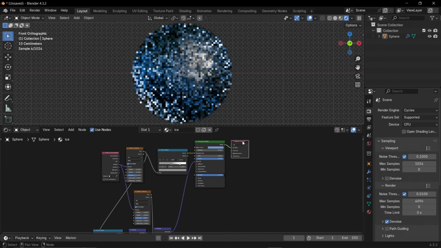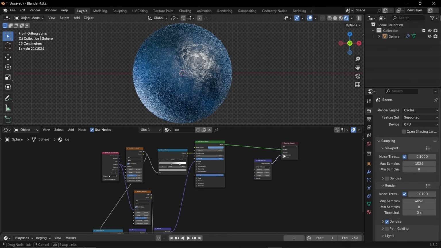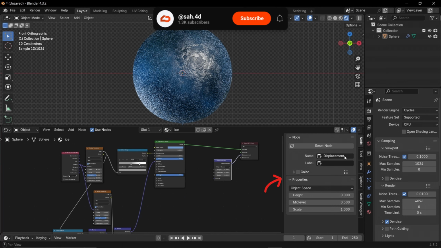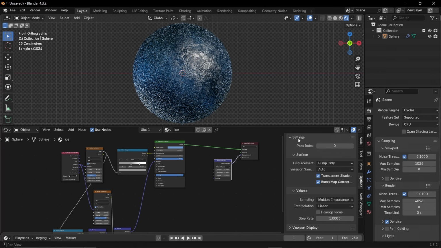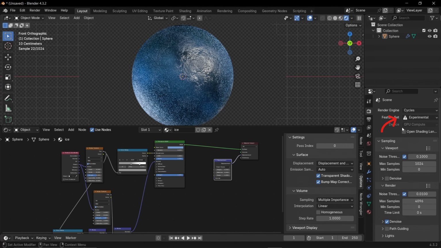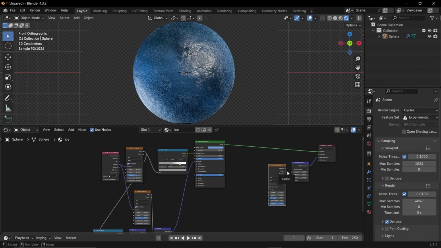For the displacement of the ice, add the displacement node and plug that to the output node. Press N while you are on your shader editor to have this sidebar come up. Go down to options, expand the settings options and change from bump only to displacement and bump, and change the feature set to experimental. For the cracks, add the Voronoi texture, plug that to the height of the displacement node,